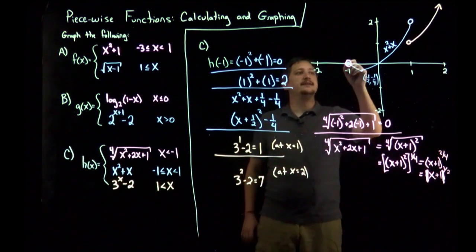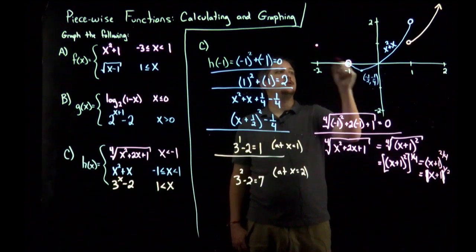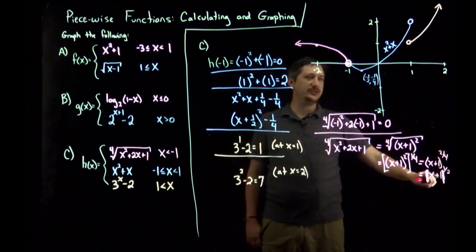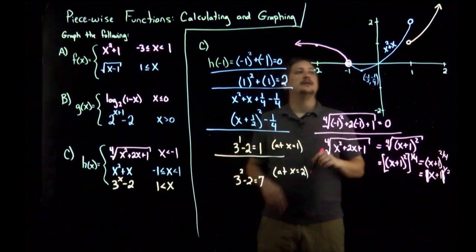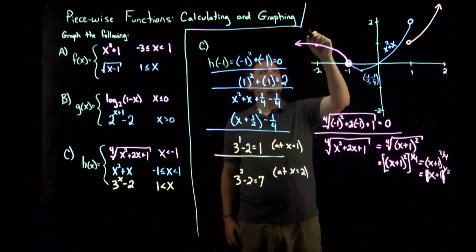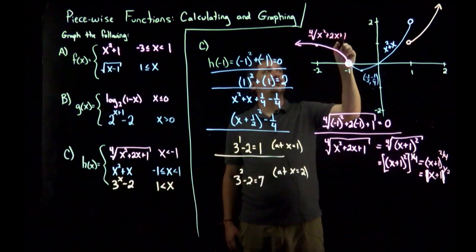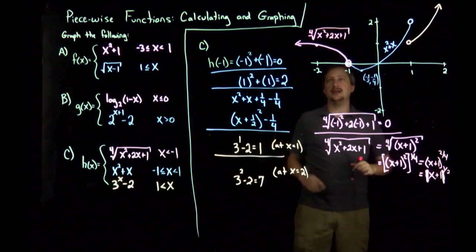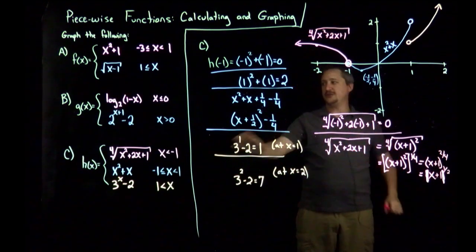Either way, what we're going to get is that this thing is going to go through this point, but it's going to look like a square root going left, which is a little counterintuitive, instead of right, but it's because of how this absolute value is happening. And so our big piece here, this 4th root of x squared plus 2x plus 1 on this side is really looking like this. And I will stress I'm doing this because this is a sort of demonstration of a really tricky, difficult